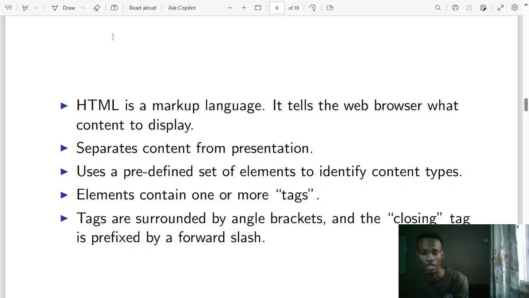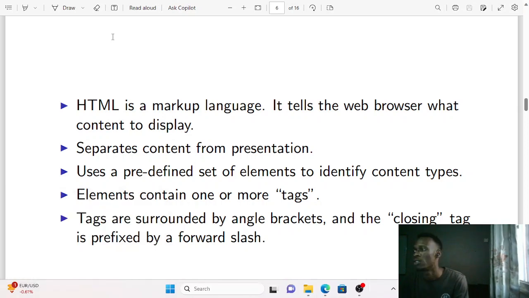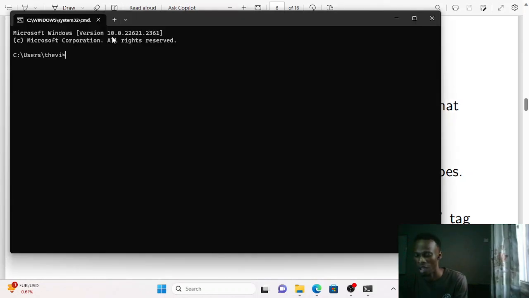So I think this is the best time for me to actually do a demo, right? So I'll open up my VS Code and do a quick demo of